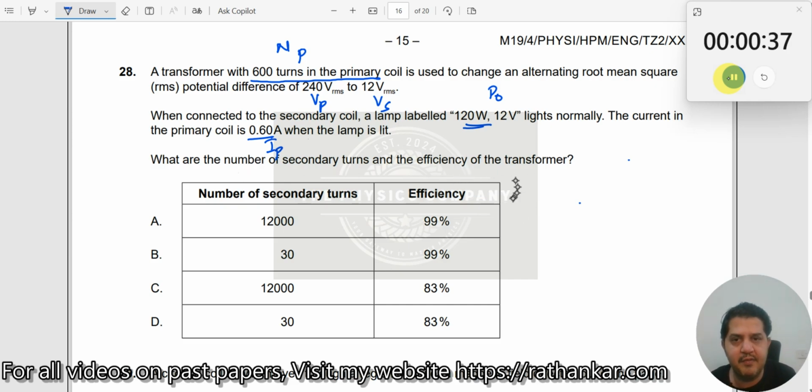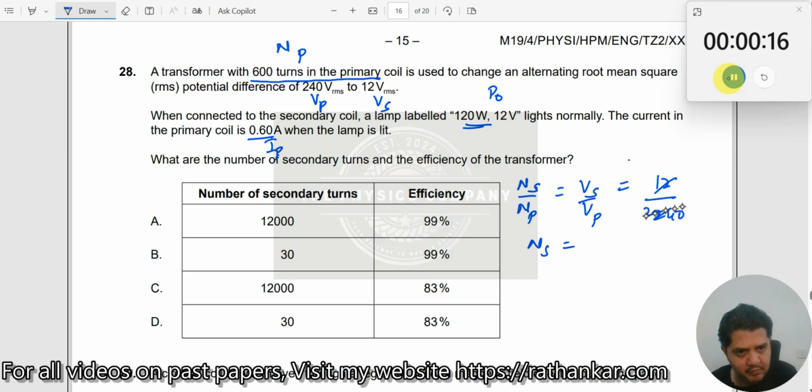Okay, so what is the equation here? What is being asked? Secondary turns, right? Ns by Np is equal to Vs by Vp. Is Vs given? Vs is given. Vp is given. Just substitute that. What is the value of Vs? 12, and Vp is 240. So Ns should be equal to 12 ones are 12, twos are